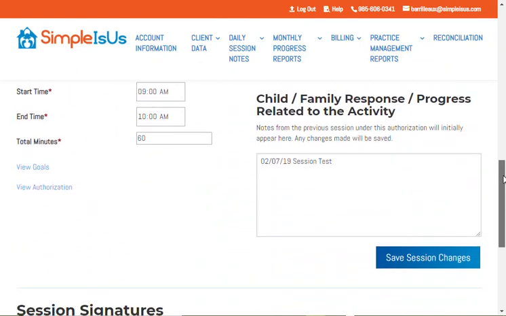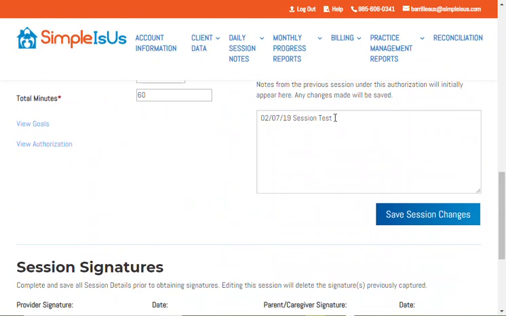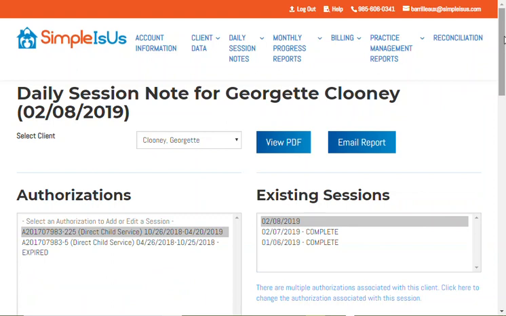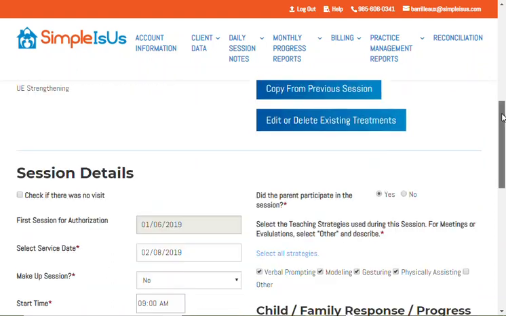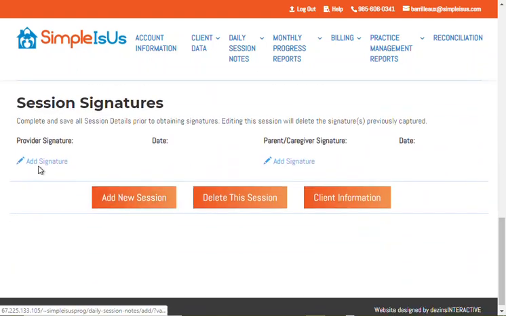And the last thing that you need to add is what happened. So you see this says 2-7. This is information that comes in from the previous session. So if you want to write anything about today's session, 2-8, you would type it in here. Or you can use what you did from the last session. So you're going to save session changes, and the very last thing you do on a session is you add